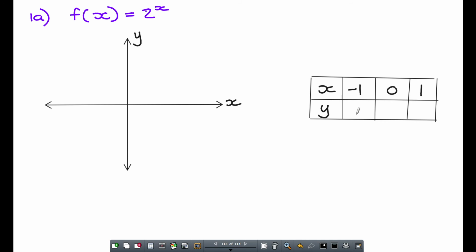Okay, so dan gaan ek hê 'n half en 1 and 2. So if I were to go and draw that, it's going to look like this. So over here at minus 1, y value would be a half. So x 0 is y 1. En as x 1 is